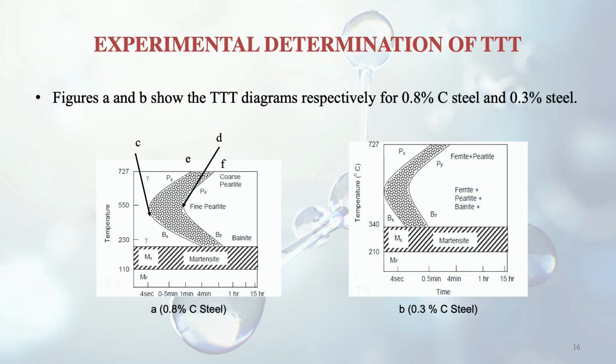The different steel varieties that we are getting are given here. Like I told you earlier, near the 723 degree temperature range, towards the right of this time transformation diagram, you can see there is coarse pearlite. Towards the neck it is the fine pearlite, and at the bottom towards the right part of the time transformation graph there is bainite. And further at the bottom there is one more thing, that is martensite.